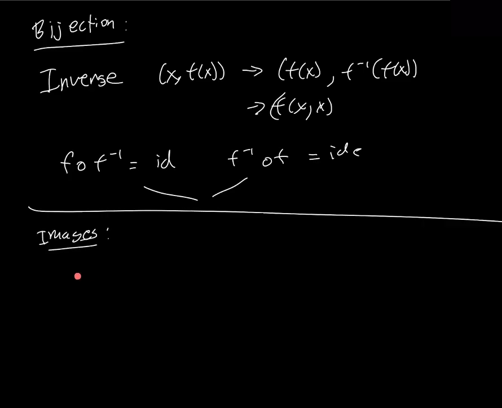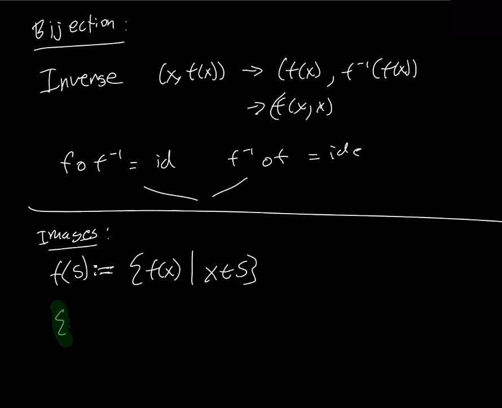So images is, let's say we have a function of a set, right? A function of a set is different from a function of a value. The notation is so confusing when we get to functions. Just try not to get confused. Think of it as a completely different thing. You can come up with your own notation, but this isn't a function of a value. It's a function of a set. We're looping over all elements of that set, and we're giving out what the function is.